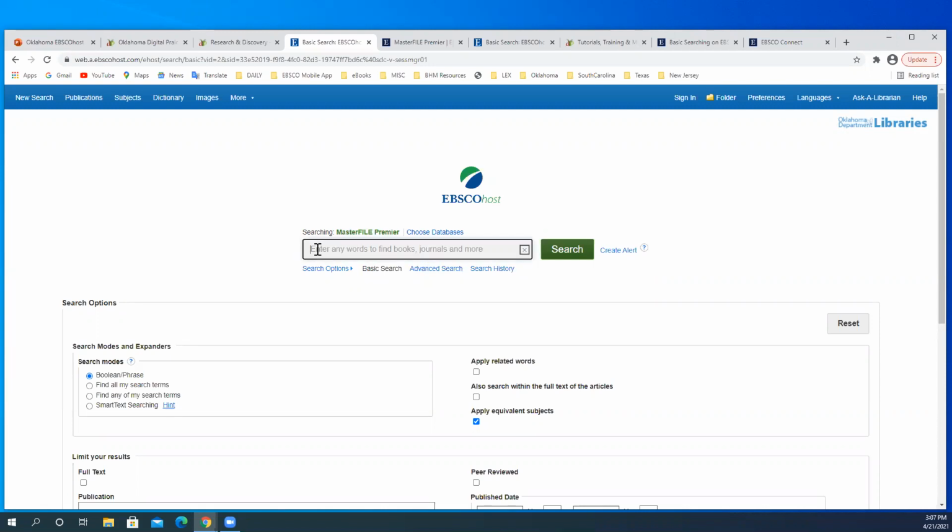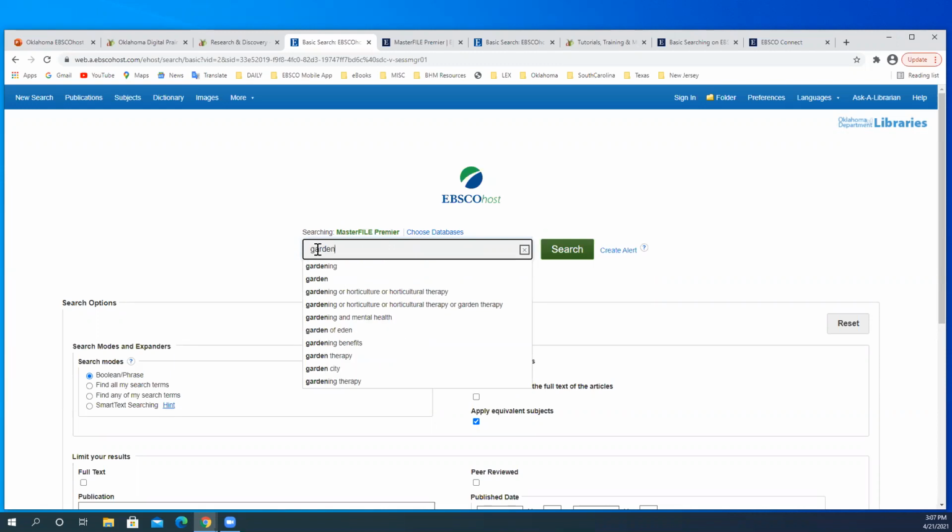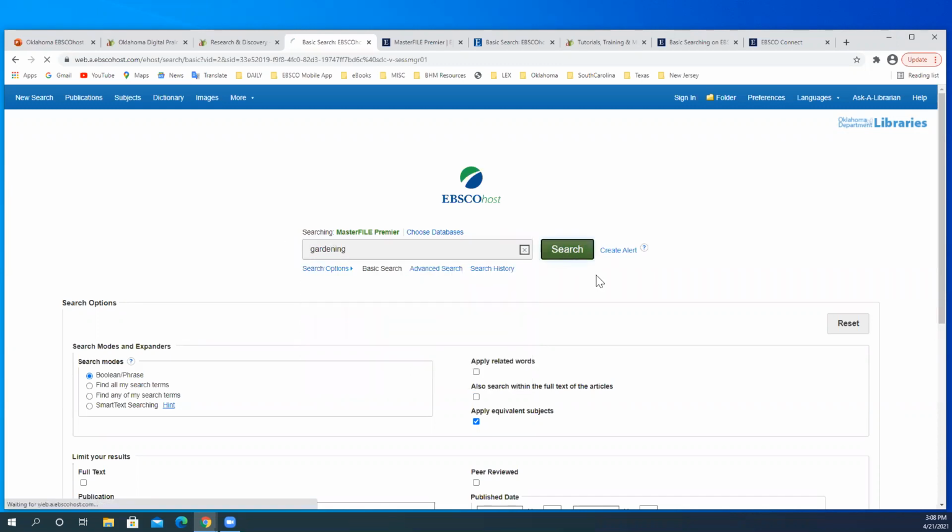Anyway, so let's conduct a search. I'm going to start with something very simple. I'm going to type gardening in the keyword search box. Easy enough, correct? As I type it, some suggestions are automatically delivered to me. If I want to refine my search from there, I can choose. So if it's not just gardening, if it's gardening therapy, I can select that from the suggestions, and then it will perform a search automatically. Otherwise, if I just want to do a general search for gardening, I'll just enter that in the search terms, click search,